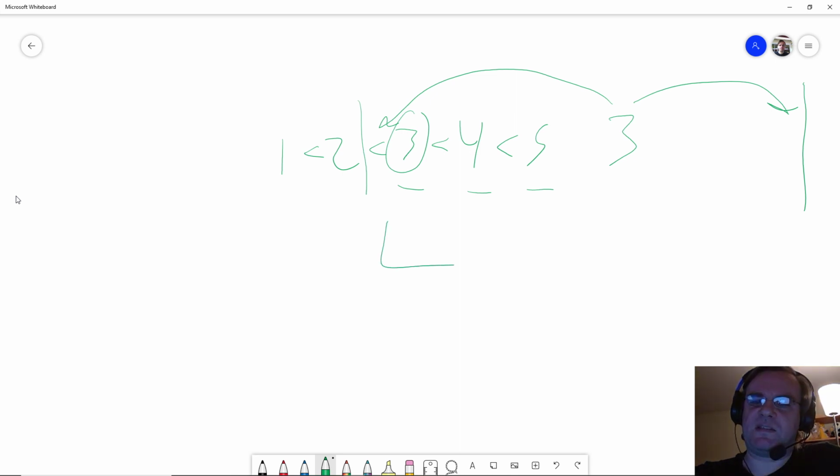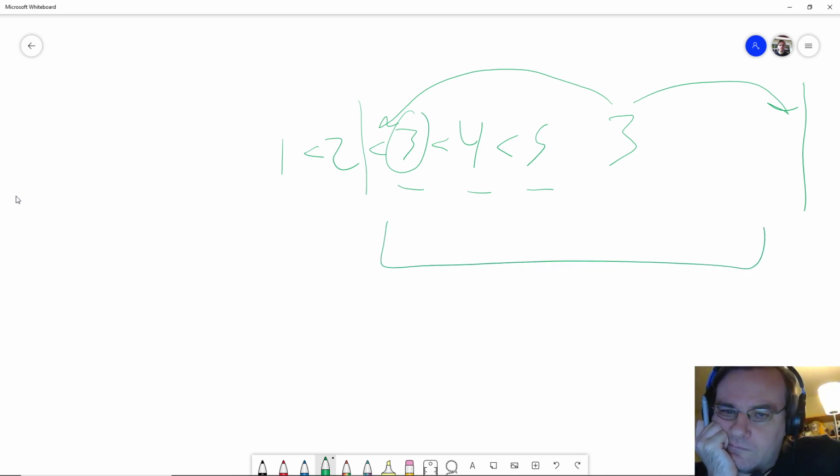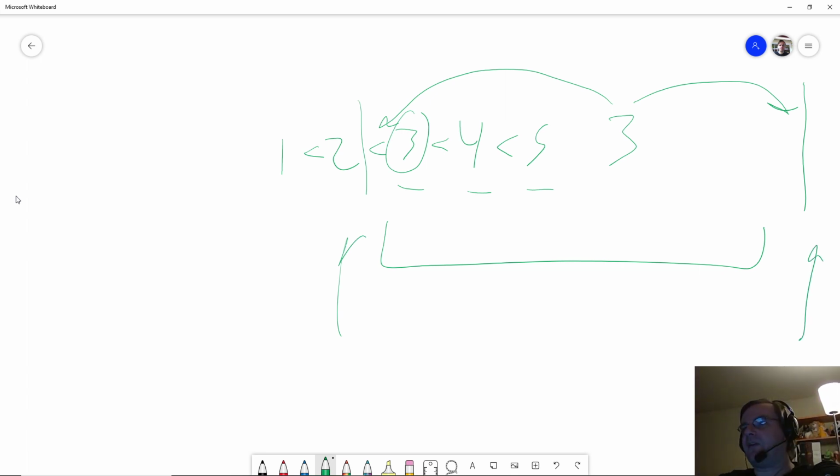So each pancake has this range. We know it's greater than or equal to all the pancakes in this range, less than or equal to this, and less than or equal to this. We know these ranges for every pancake in the sequence, and that's all we know. That is complete information, I believe. Sorry, these signs are in the wrong order. So that.